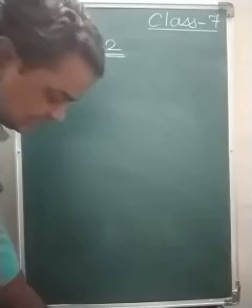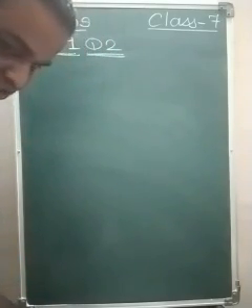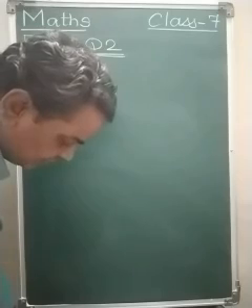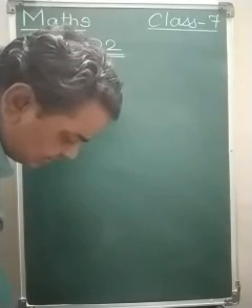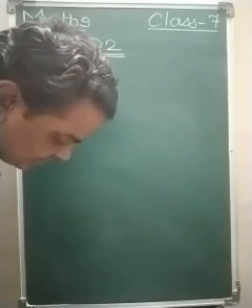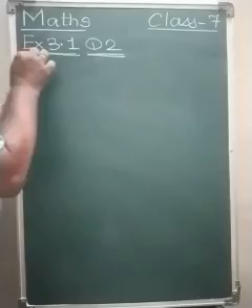Okay, here we can see 4, 6, 7, 5, 3, 5, 4, 5, 2, 6, 2, 5, 1. Different marks are there, and in total, 1, 2, 3, 4, 5, 6, 7, 8, 9, 10, 11, 12, 13, 14, 15, 16, 17, 18, 19, 20. 20 students are there. Now how do you arrange the data in the tabular form?